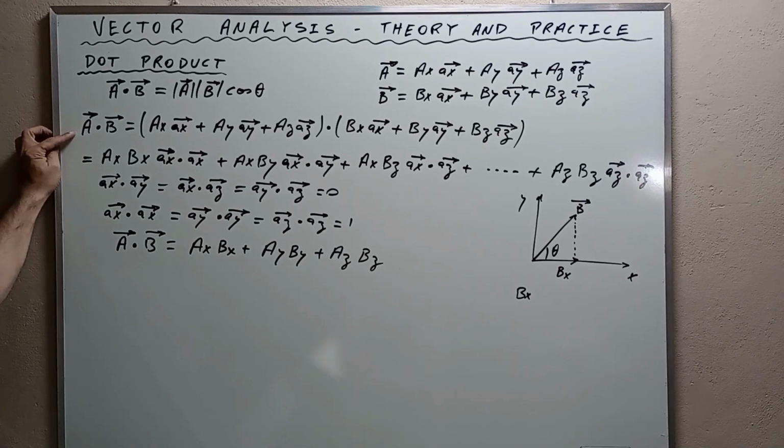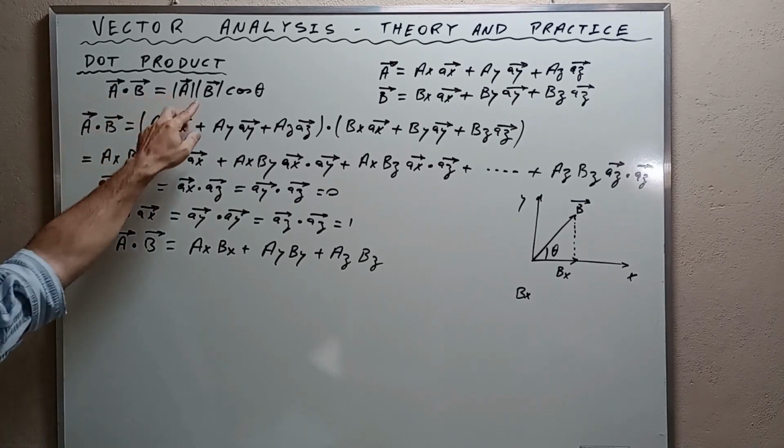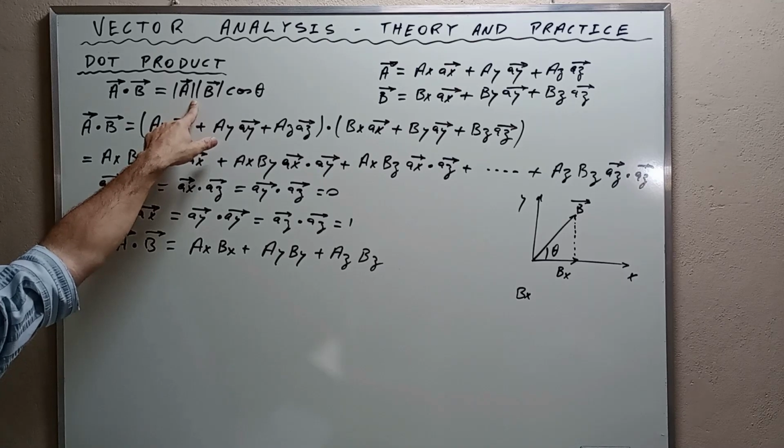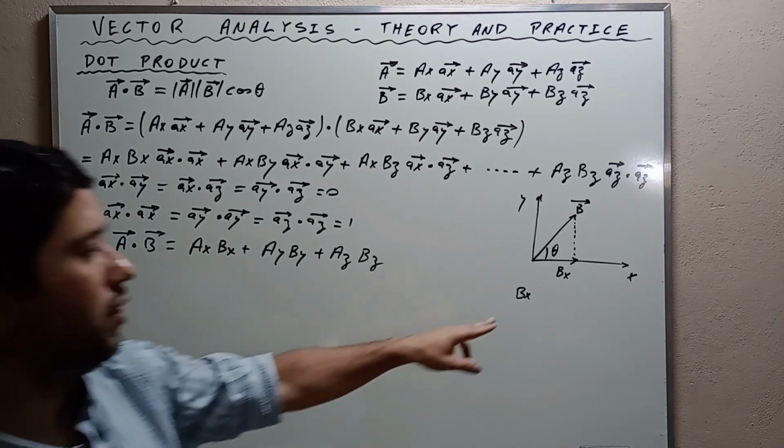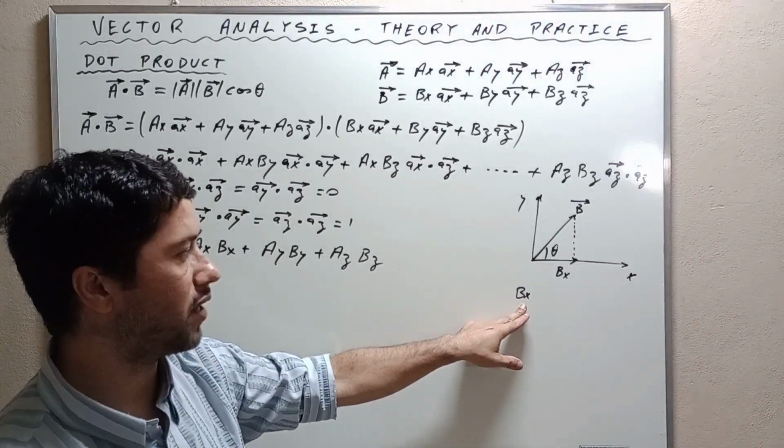And the cross product, you're going to see subsequently, and you're going to see that the result of the cross product is a vector. They are both multiplications of vectors, but the result of the dot product is a scalar, and the result of the cross product is a vector. So this is a number, not a vector. Okay,